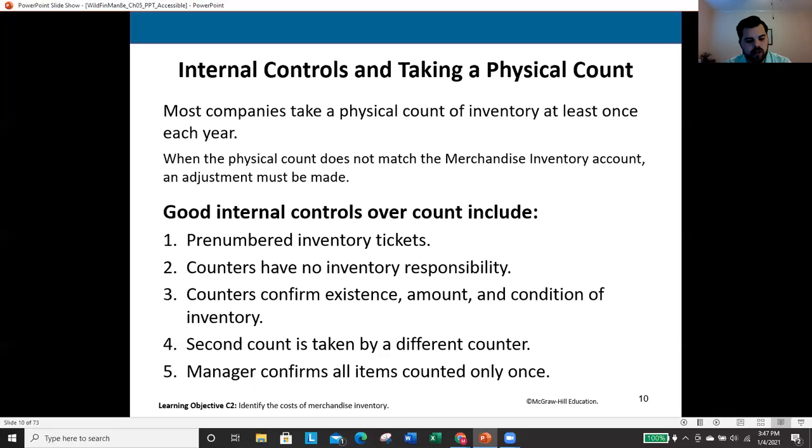Do they come in pairs? Do they come in 3s or 4s or singles or whatever, right? How do we count this? How is it normally counted so we can make sure we have the correct amount? And then is it in good condition, or has it been banged up? And what this really means